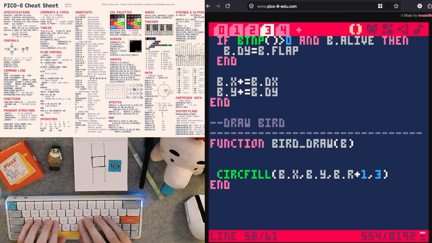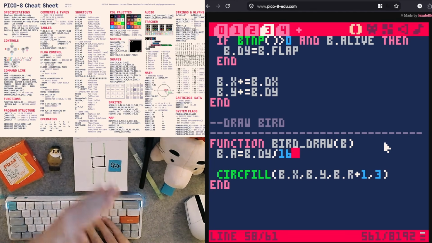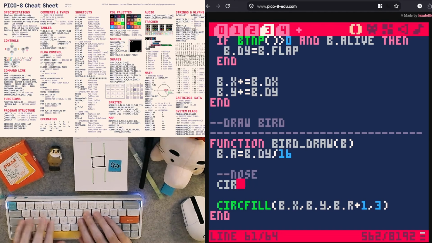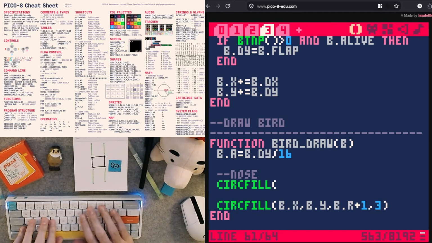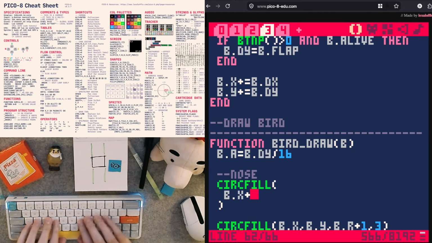In our bird draw, do b.a for angle equals b.dy divided by 16. We want the bird to change its angle depending on whether it's moving up or down. We'll draw its nose first. We're just going to use basically circles for this. b.x plus cosine of,